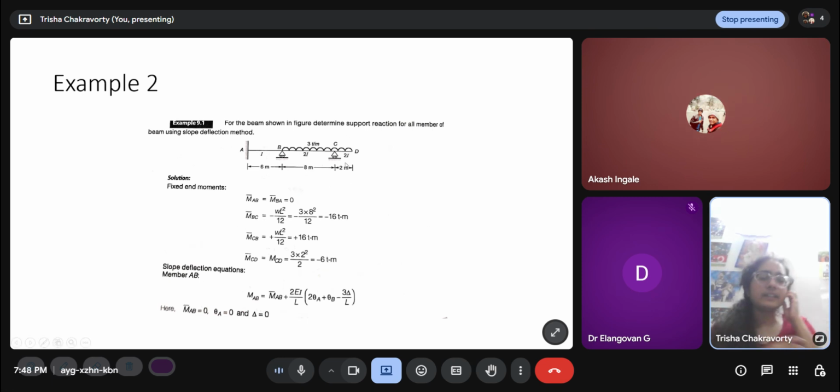So if I take CD as fixed, like slope deflection method originally assumes that all the spans are fixed. So it should be WL square by 12 plus minus and plus again here. So following the exact same method here, we will have four unknowns. So we will have four joint equilibrium equations.